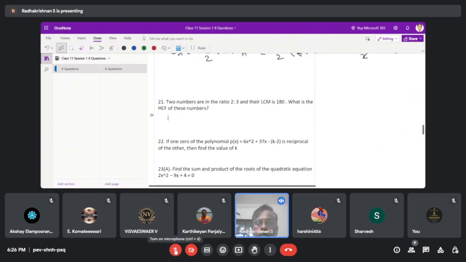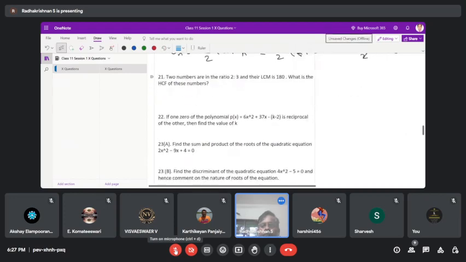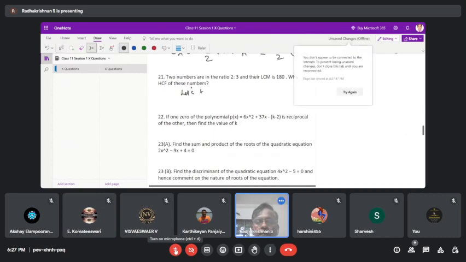Okay. Now let's go to the next problem. Two numbers are in the ratio 2:3 and their LCM is 180. So what is the HCF of these two numbers? Anybody can do this? Okay. So if they are given like this, you have to take the numbers as 2x and 3x. Since they are given in the ratio 2:3, let's take the numbers as